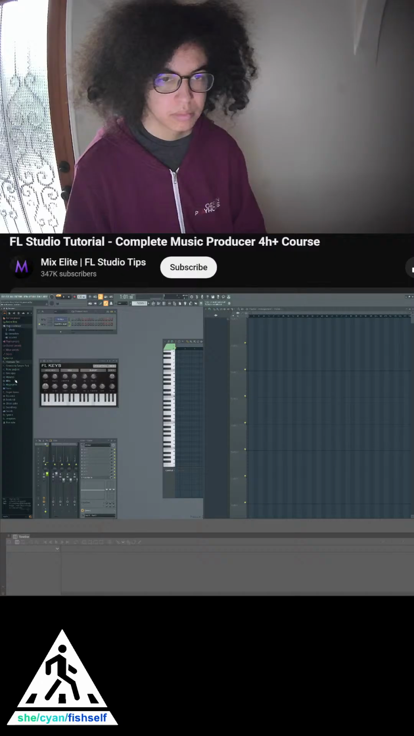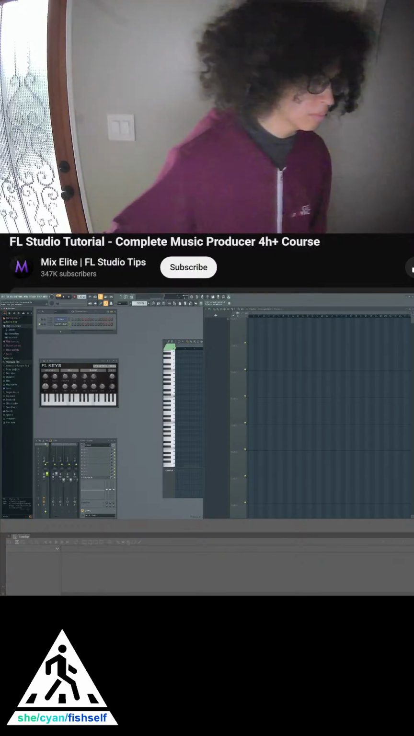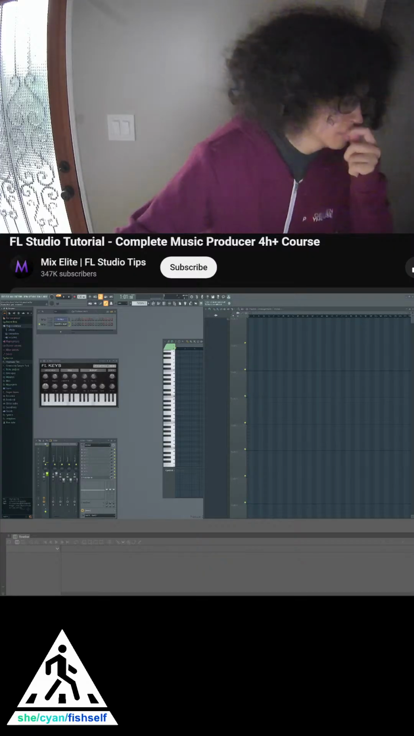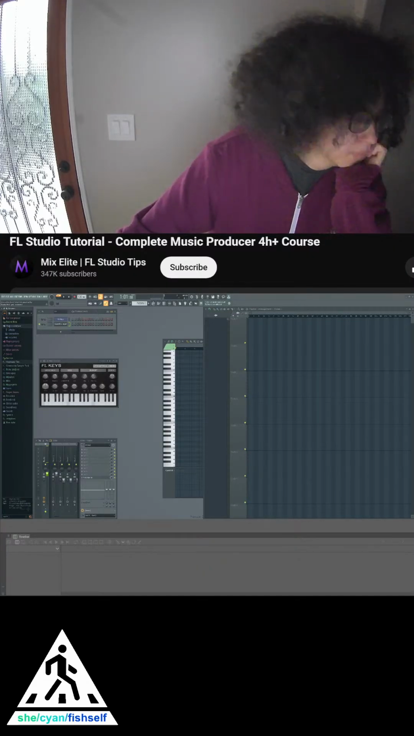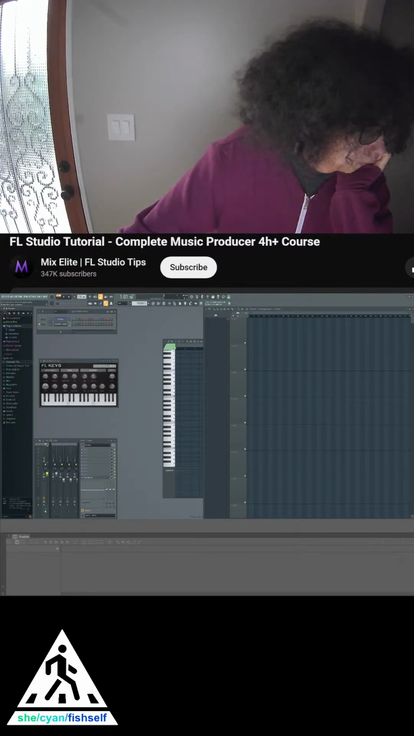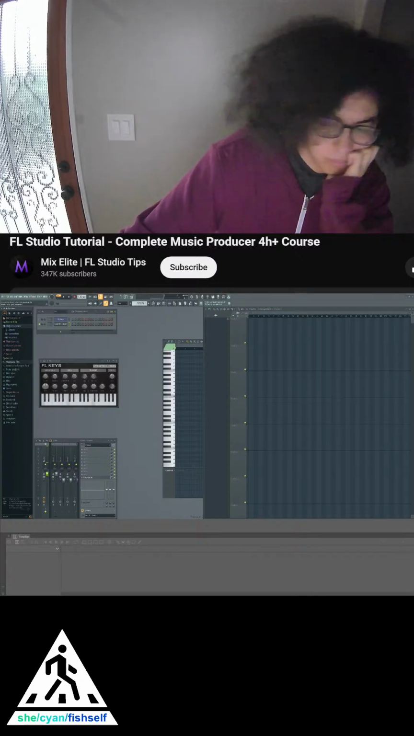And the main place of your project is the playlist. This is where we put all the pieces together in time. And if you click around, you'll notice that you're placing down so-called patterns. Patterns are like building blocks